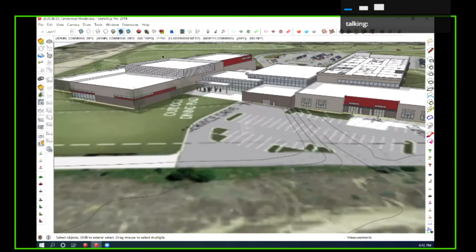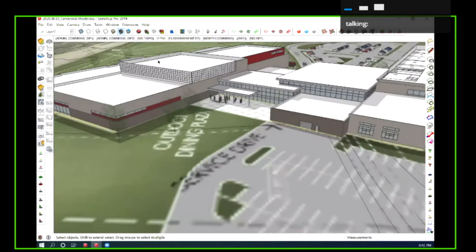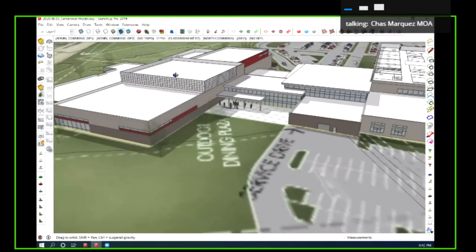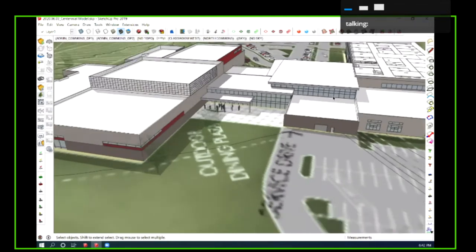This large volume that we're seeing here is the gym space. And what this material represents is a cow wall. It's similar to glass, although it is a lot more diffused light, so you won't have glare issues within the gym. But it would still offer a lot of lighting, and some skylights. And so this whole volume here is where the media space is.